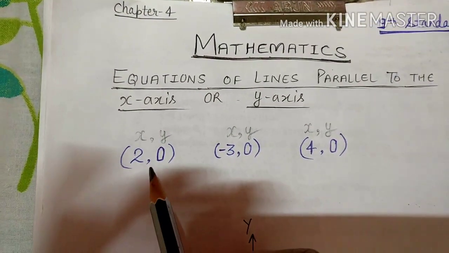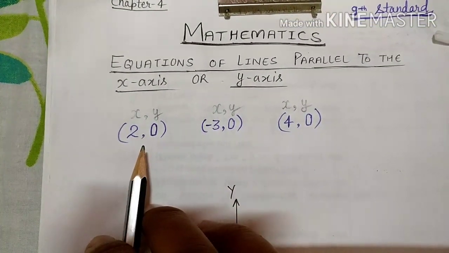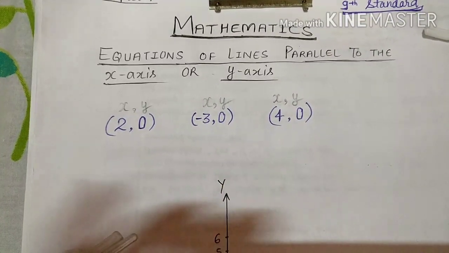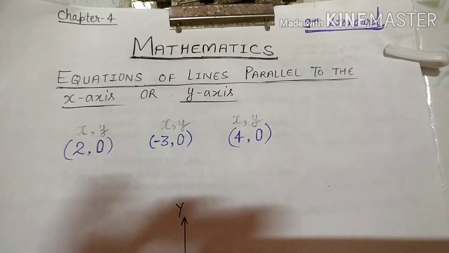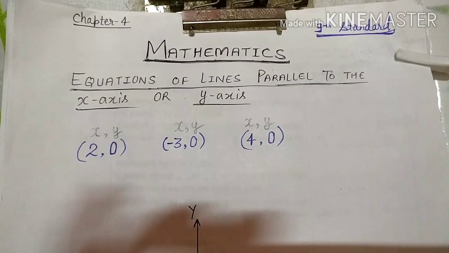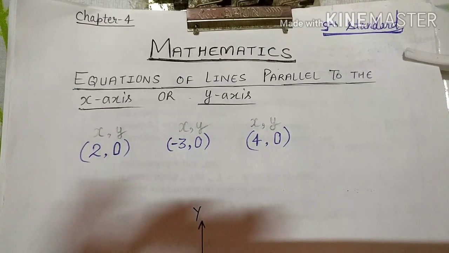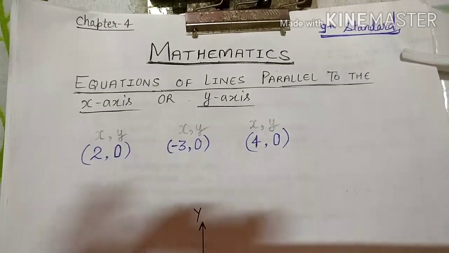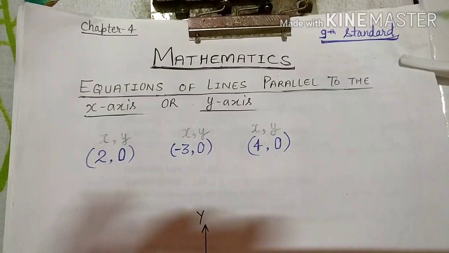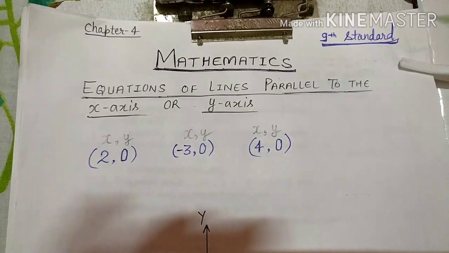So first focus on (2, 0). If I say locate, or represent, (2, 0), (-3, 0) and (4, 0) on graph paper, can you locate them or not? I hope many students can. So do one thing right now, just pause this video. Take a graph paper and locate these points, and then after locating the points on the graph, play this video again and check whether you have done it correctly or not. Right now pause it, okay? And I am solving here.